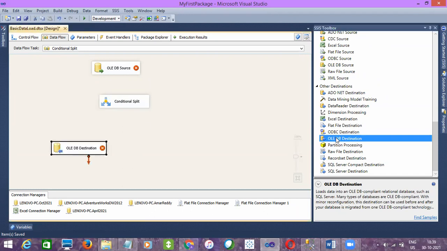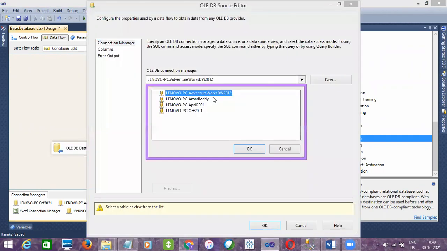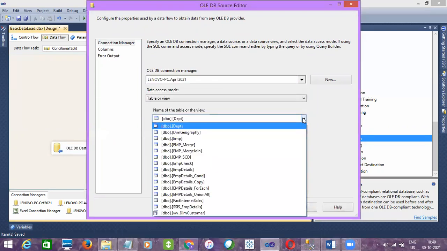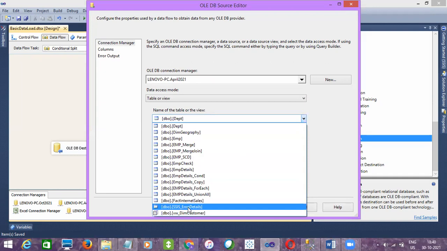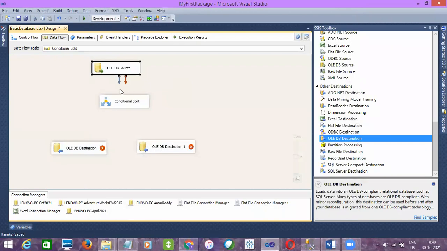Let me take two destinations for now, and if required we can take three also, right? My source is the April 2021 database, and the table name is SSIS underscore EMP details, and these are the columns available.